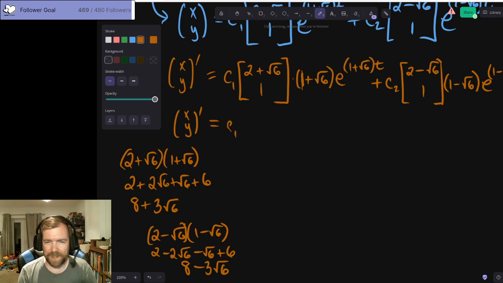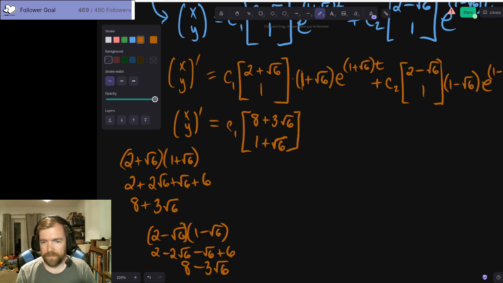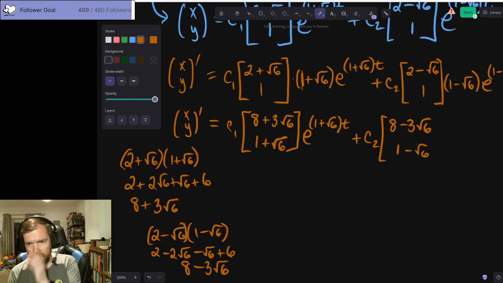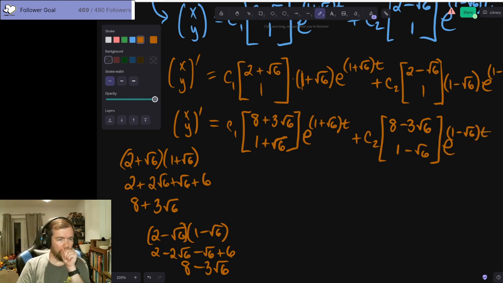Alright, xy prime is going to be equal to c1 times now the vector (8 plus 3 root 6, 1 plus root 6) down bottom here, and e to the (1 plus root 6)t, plus c2 times (8 minus 3 root 6, 1 minus root 6), e to the (1 minus root 6)t. Doesn't look like much,